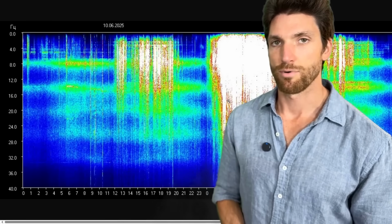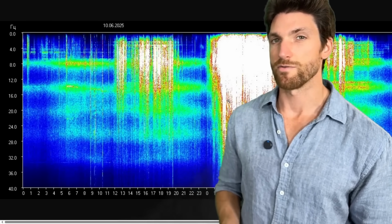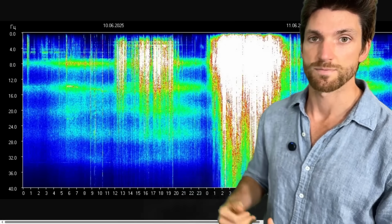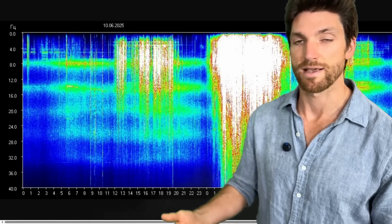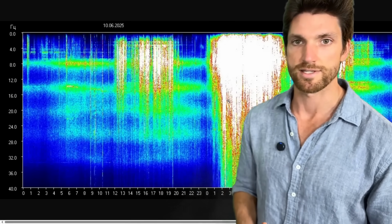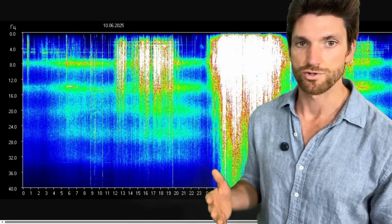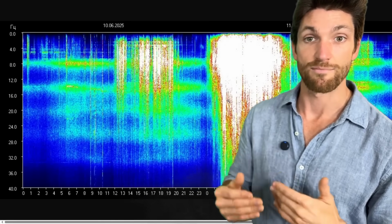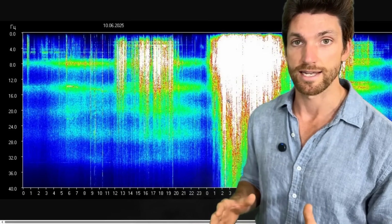And the last thing I'd like to point out are a few unusual signals that we've picked up in the Schumann resonances. Here we're looking at a vertical electric field spectrogram as collected by the Space Observing System in Tomsk, Russia. They seem to have the best Schumann resonance data, the highest resolution, and in general their location on the globe seems to pick up more of these abnormal signals than some of the other public data stations,